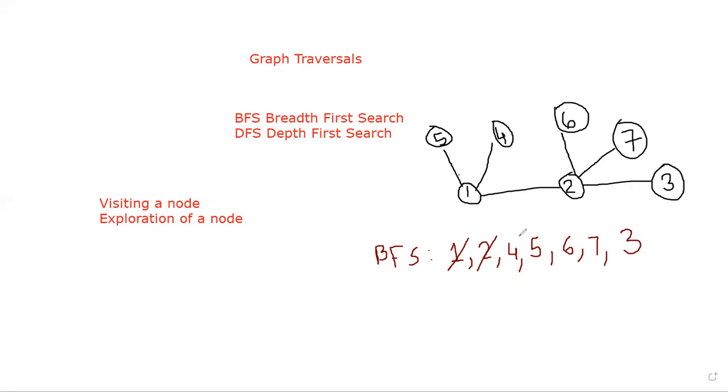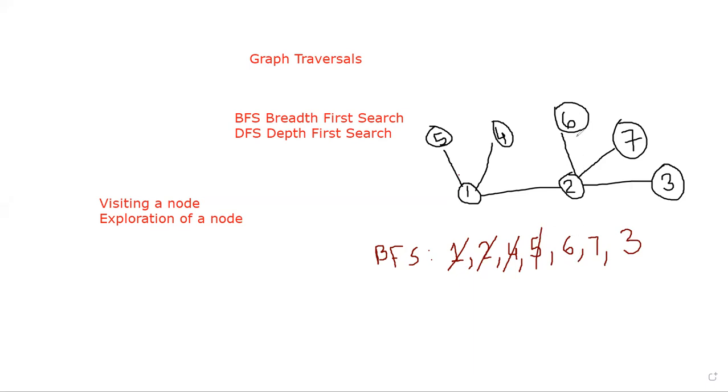Clear? Now for 4, you see, are any other nodes associated? No, nothing is there. So no need of any exploration. So 4 is already visited. Next, you see in the list is 5. Are any other nodes associated to 5? 1 is there and 1 is already visited. So no other node is to be included in the list. So 5 is also visited and deleted from the list.